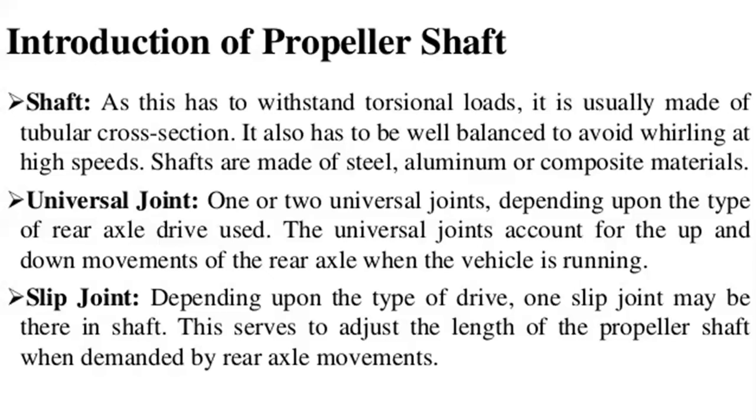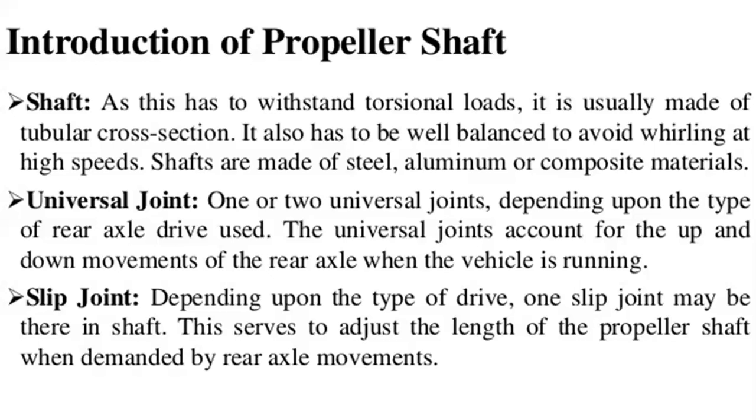When the connecting rod rotates circularly, the propeller shaft also rotates in a circular motion based upon the engine shaft. Whatever amount of torque or power is developed by the engine, the same power, or increasing power, is transmitted through this propeller shaft to the differential. That's why we use this shape for the propeller shaft.